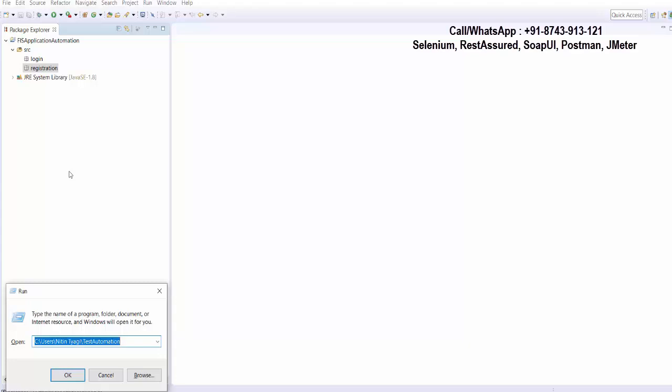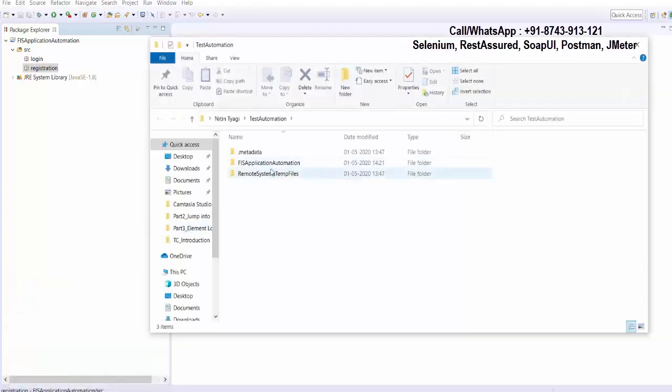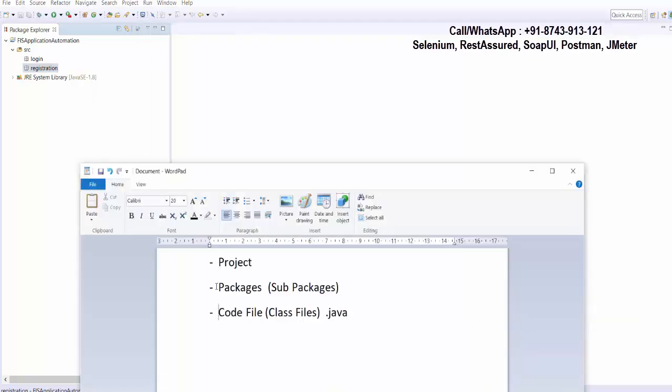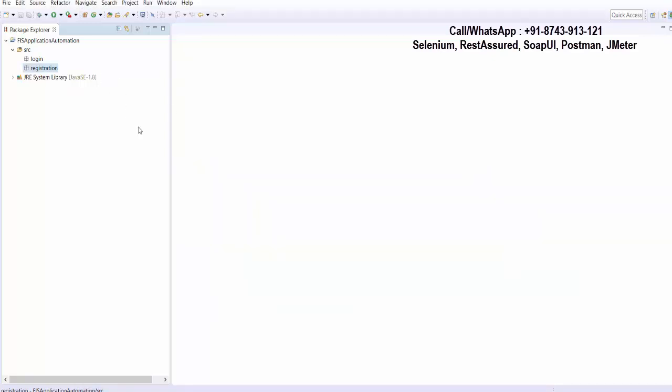And in real, if I go here on the workspace, inside the project, inside the SRC, you will notice it is nothing but a folder. So in Java programming language, we call it package, but internally it's just a folder. Okay, so now we have created a project, and as I've shown you, first we will create a project, then we are going to create packages, and after that we are going to write coding files. So now we have created some packages.